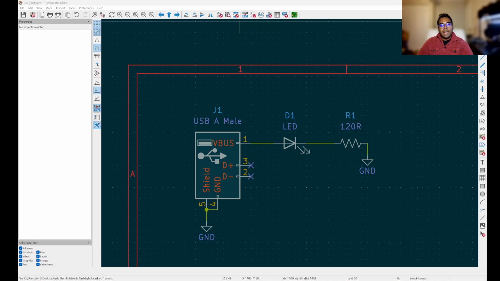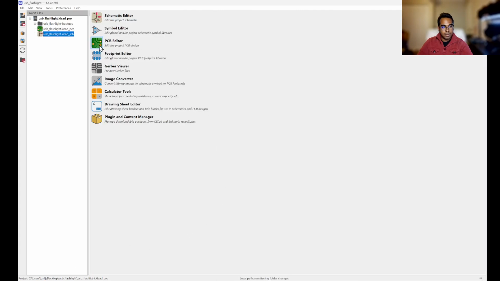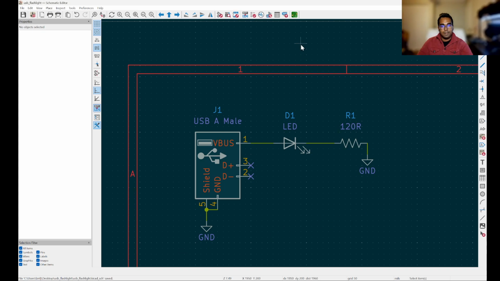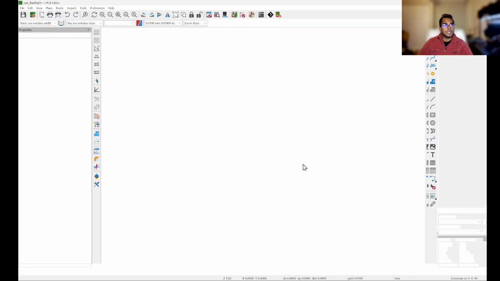Now, to actually lay out our PCB, and in my opinion, this is the fun part, we can get to that menu in a couple of different ways. We can go back to our KiCad main menu right here and click on the PCB editor. We can double click on the .kicad_pcb file right here, or directly from our schematic, we can click on this little button up in the top right that says switch to PCB editor. I'm going to click on that, and if you give it a second,